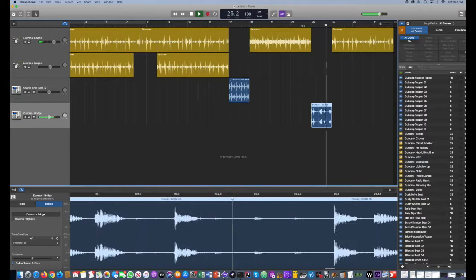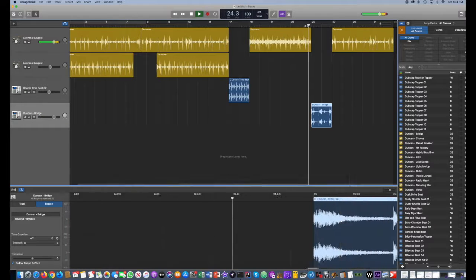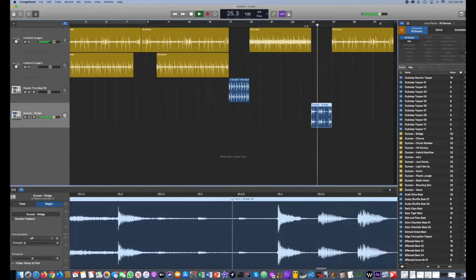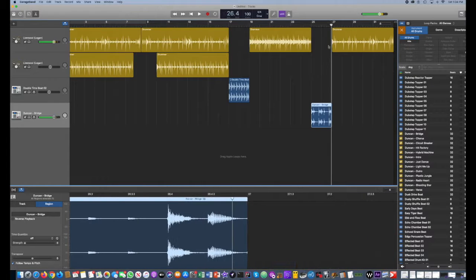Okay, so you hear how quiet that is? Even if I turn that up over here, it still doesn't really cut it. And it's not going to cut through when you have multiple instruments down here that you're recording. So I do like the blue waveforms here a little bit better. It's not to say you can't use these, you can, but if you're going to, you have to know that